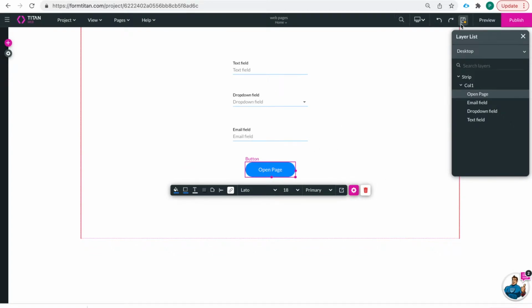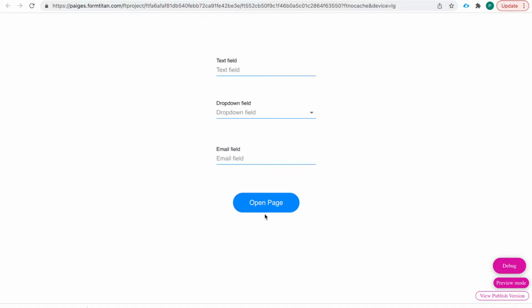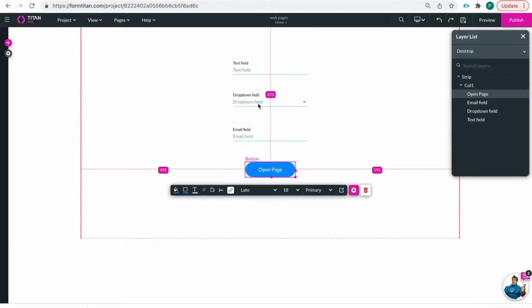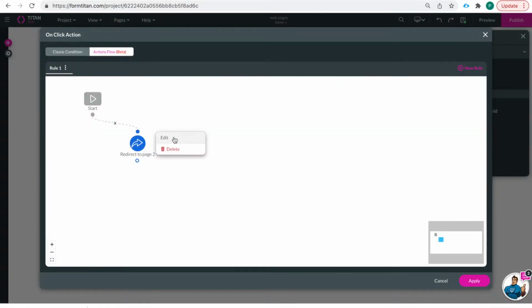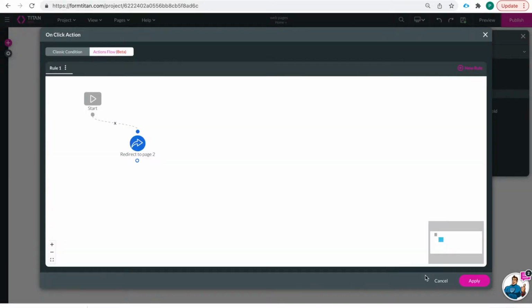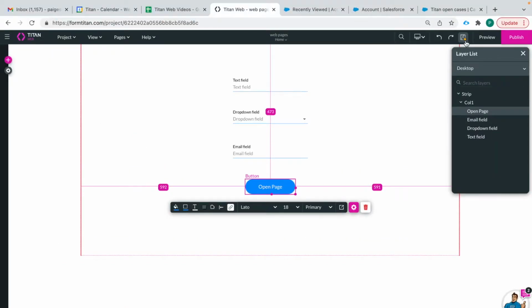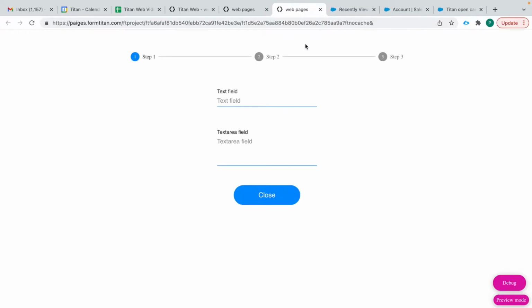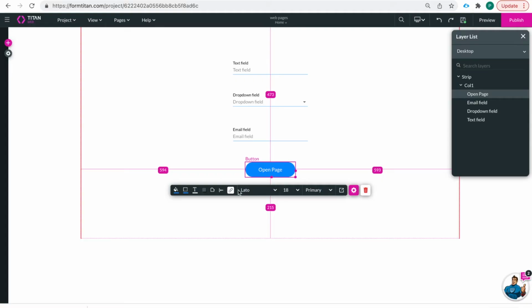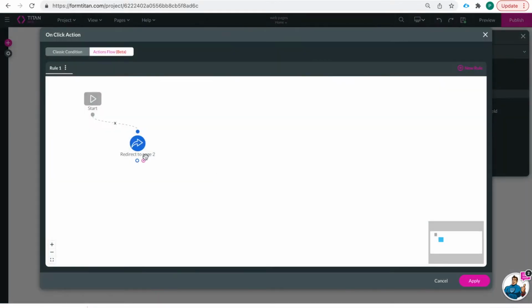All right, so I'm going to click save, and then when we preview, this is what it means to redirect in self. So there we go. Now let's change it to be redirect in parent or in blank. So let's redirect. So now we have opened up a new tab and we have this page. And let's now change it to